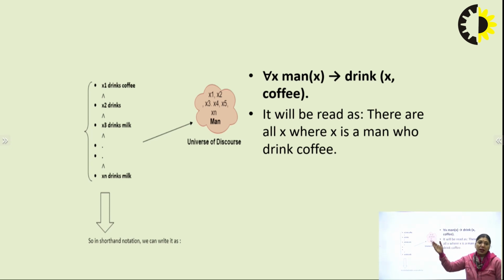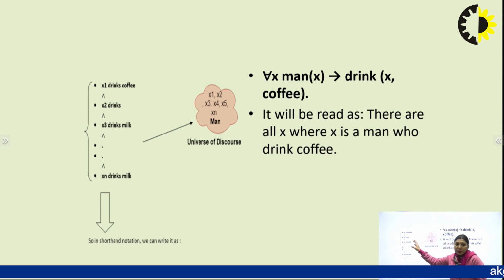These x are a number of x present, because we are talking about all men. It can be a number of men. That means this is a universe of discourse: x1, x2 till xn, because we have talked about all men. So we are representing the universe of discourse, and definitely the combination of all the men, that means x1, x2 till xn, is representing this statement. We are not mentioning them separately. We are simply combining all these single statements into one statement, which is representing for all men x, implication implies drink(x, coffee).